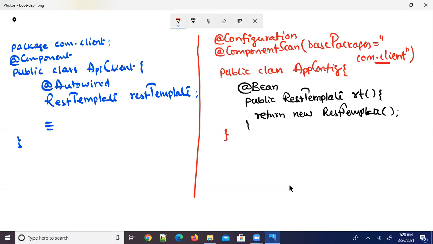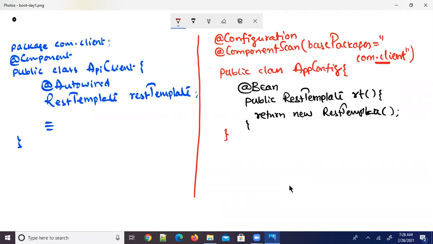It doesn't exist anywhere in my packages like com.client.service or com.client.repository. It is from Spring API. So my requirement is to register a bean, a class coming from Spring API, into the Spring container. I can achieve this by creating a bean method in a configuration class. How can I create a bean method? I just add the @Bean annotation at method level.